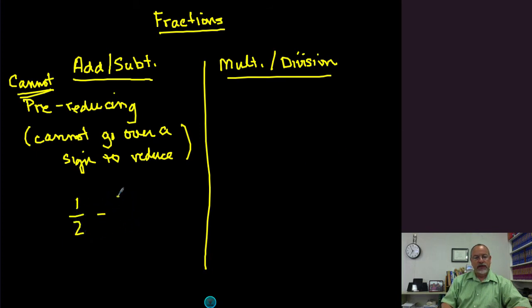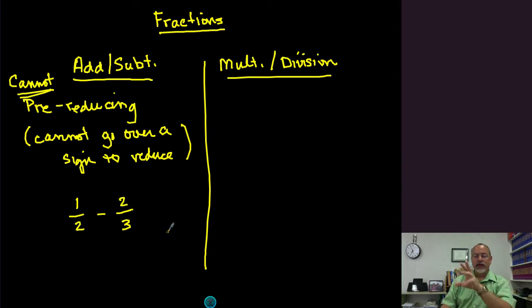The reason I don't like to use the word cancel is most students think, well, if that cancels, that cancels, and basically they cross that off and they just think or imagine or even have been taught that that's not there anymore. So all you're left with is 1/3. Those are canceled. They're not there anymore. Now that's not the case because nothing in math just gets canceled or goes away.